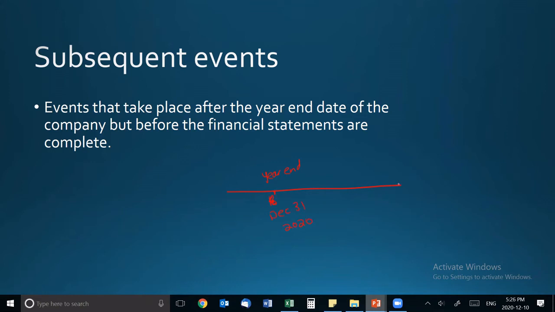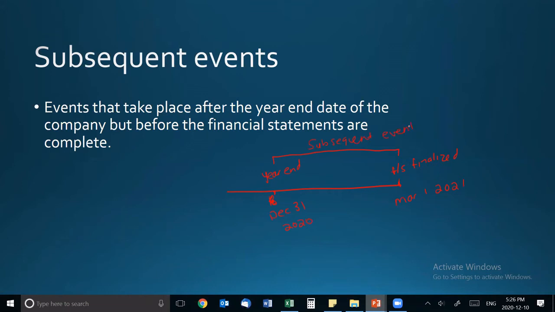And then the financial statements are finalized, so the FS are complete, let's say March 1st, 2021, because it takes some time to get them finalized, to do your closing entries, maybe you get an audit or review done. Anything that happens in between that time is your subsequent